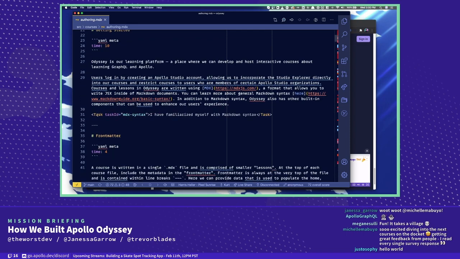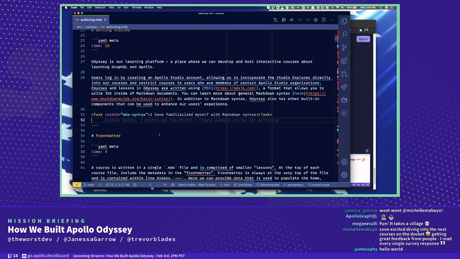Oh, and here we come across our first custom JSX component. Yeah, so with MDX, you can pass in components that you want globally available to all of your MDX files. You'll notice we didn't have to import that anywhere in our file. There's no import anywhere.